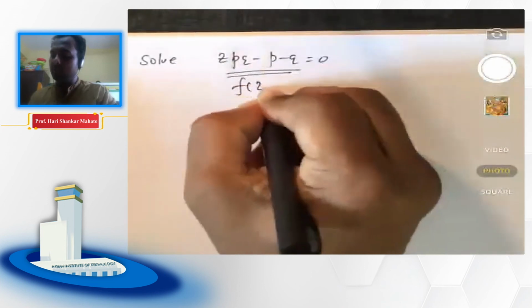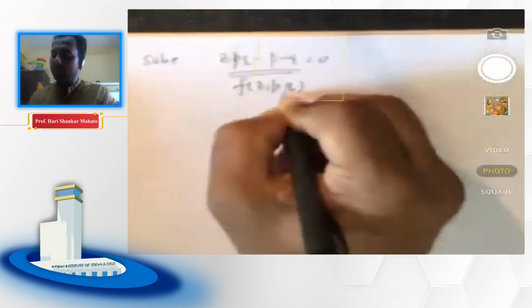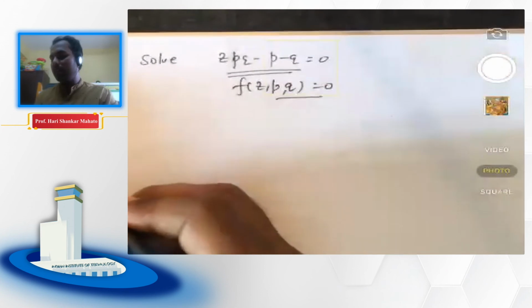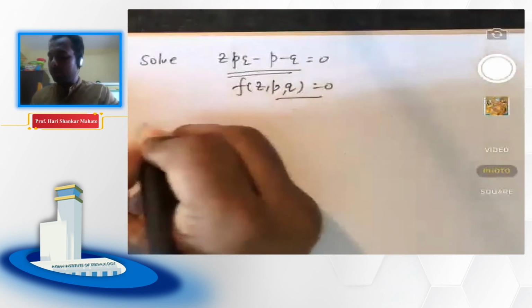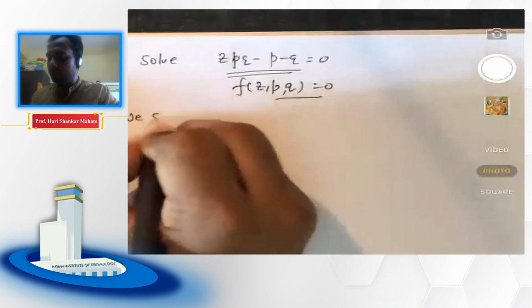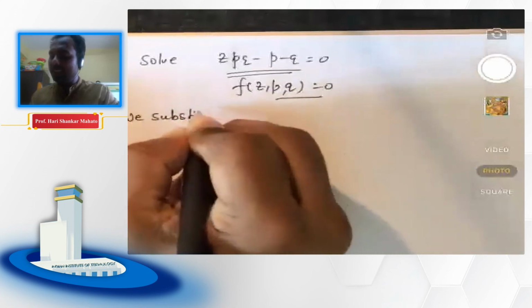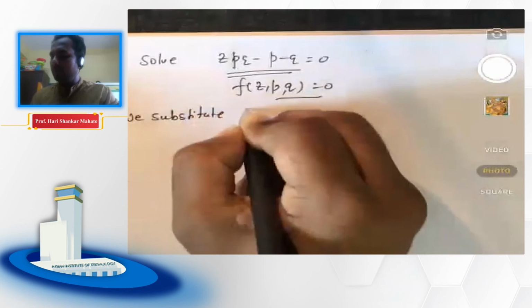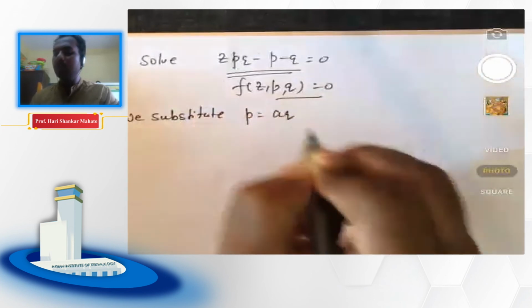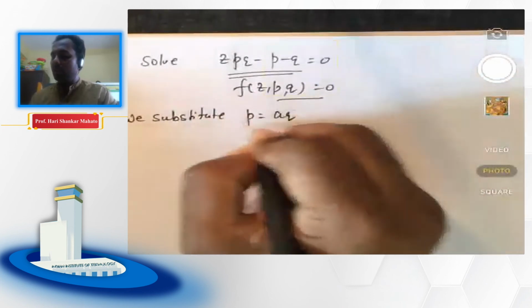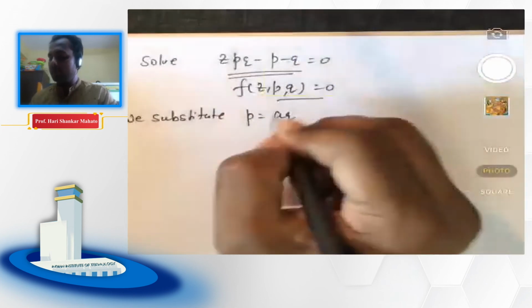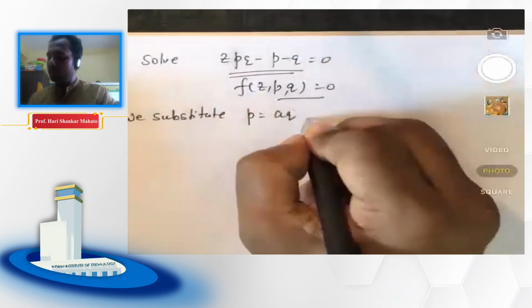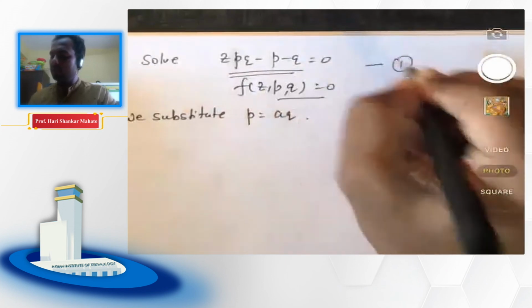See, this is falling under that same category, f of z, p, q equals 0. So if it is under the same category, then what solution are we getting? We take p equals aq, where a is the arbitrary constant. Now we substitute this p equals aq in here. Call it relation number 1. So by 1,